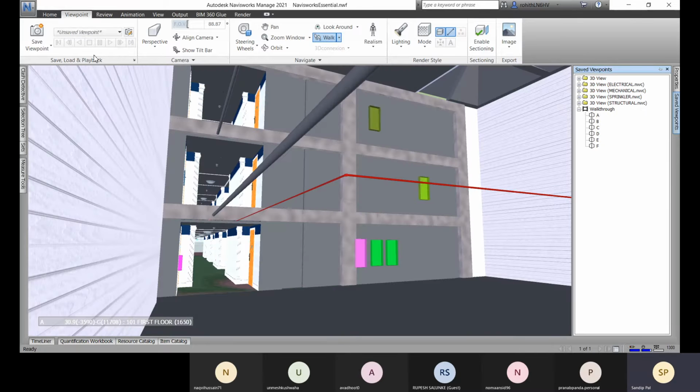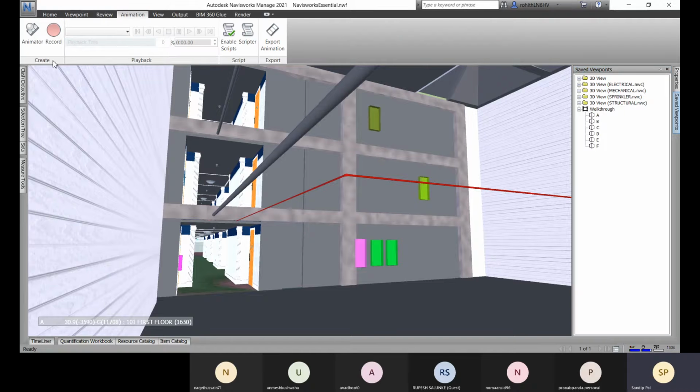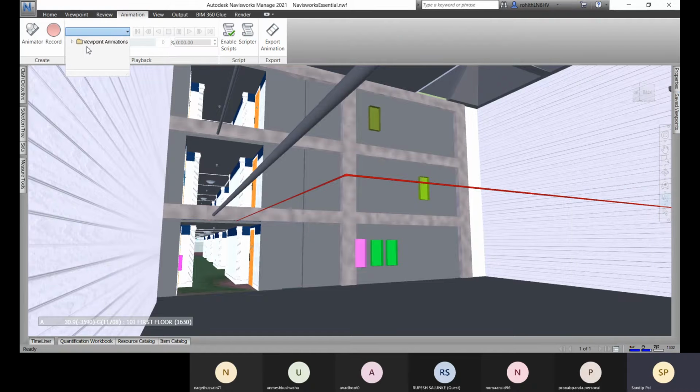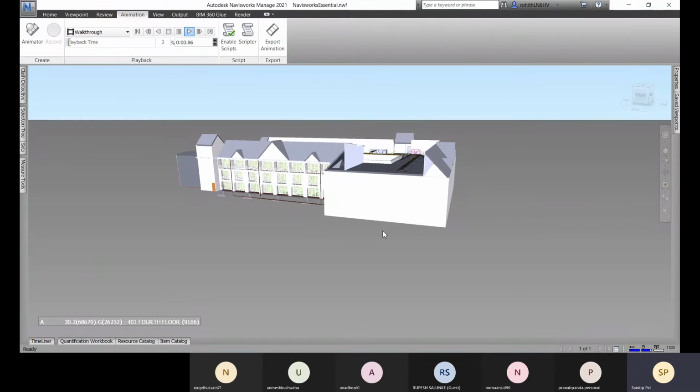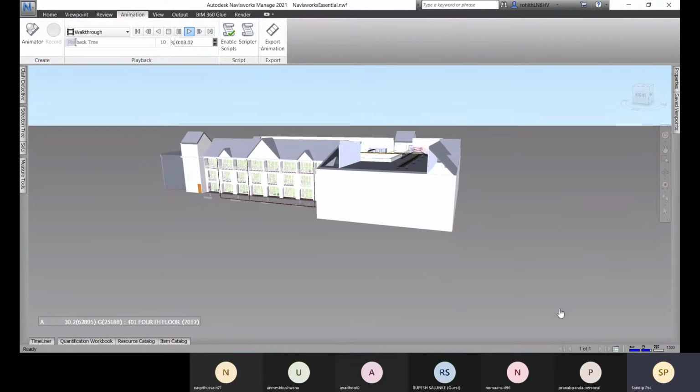Okay. And go to this animation tab, and you will see that we have one animation. This is the walkthrough, and we can play it. So I hope you all can see.